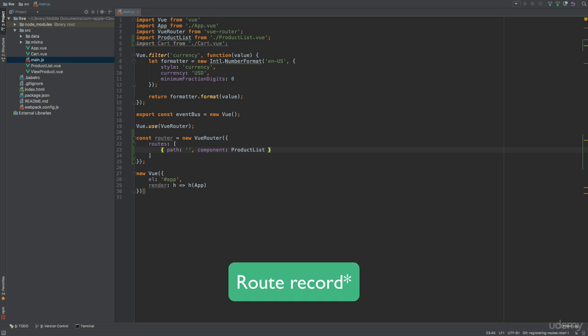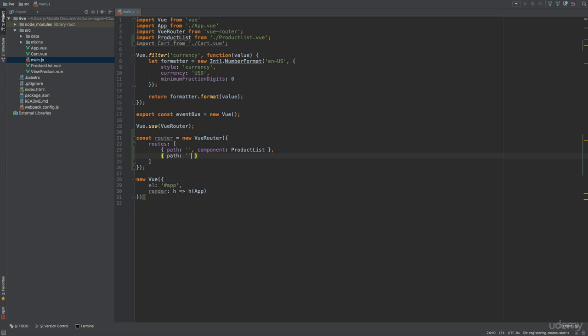Let's add another route entry with a path of /cart. So this is the part that's going to appear in the URL. And as for the component, I'll add the cart component. Note that you can leave out the leading slash if you prefer. I just like to keep it there because it makes the path easy to read. As I mentioned, each of the objects that are added within the routes array is referred to as a route